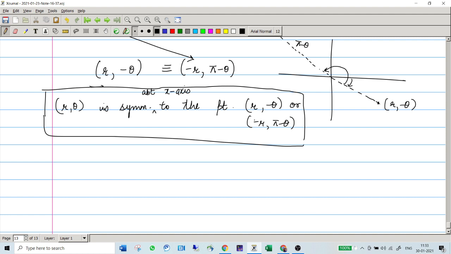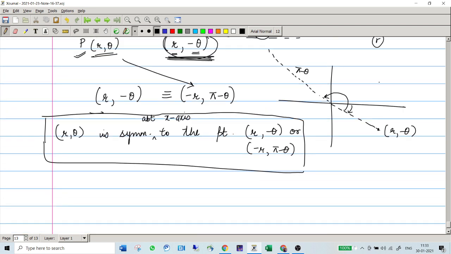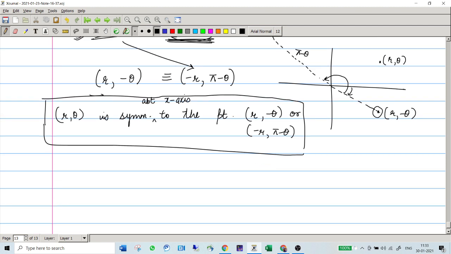You'll just see it in a moment, but right now it should be minus r, because when you had this point (r, theta), the point which you are concerned about is this now, and this is (r, minus theta), that's right. But when you are traveling along this direction, you want to come into the negative sense, the opposite direction. So if you have r in this direction, it means you have minus r in this direction. That's why the minus sign appears here. But just have a look right now, I'll tell you.